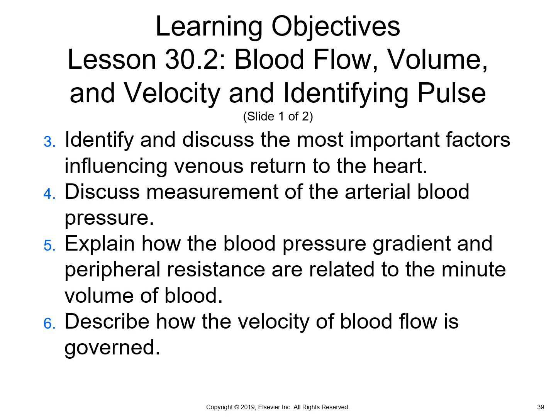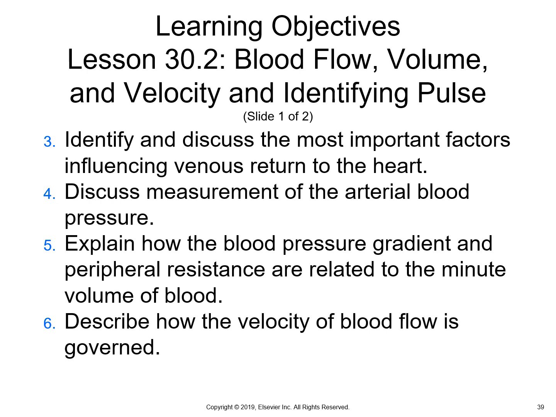All right, now we're moving on to some additional learning objectives. Again, these are related to blood flow, volume, and velocity, and also identifying pulse. These learning objectives are: identify and discuss the most important factors influencing venous return to the heart, discuss measurement of the arterial blood pressure, explain how the blood pressure gradient and peripheral resistance are related to the minute volume